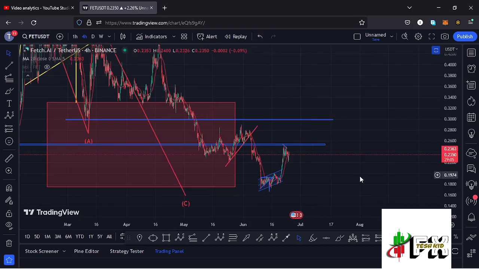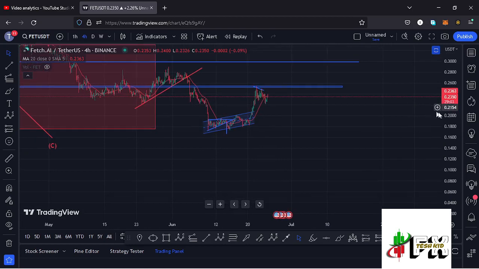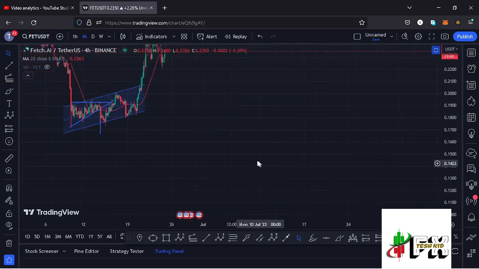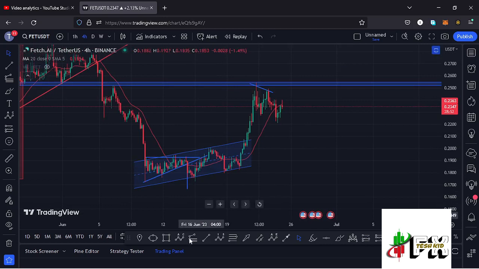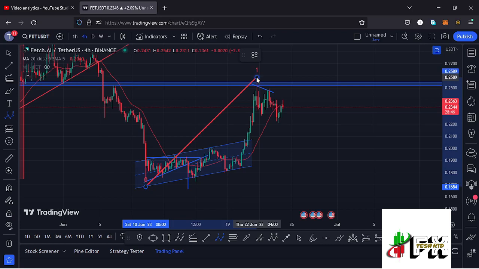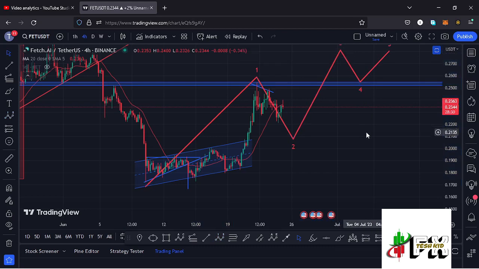So if I zoom in to give you my micro Elliott wave count here on the charts, you can see that after seeing our massive crash on the 10th of June, we have been seeing this nice recovery to the upside in what now we can term as a larger Elliott wave count 1. So we can term this whole scenario over here as a larger Elliott wave count 1. And I believe that soon we are going to see a bit of a breakdown move in the formation of a larger Elliott wave count 2 before we can continue gearing up in the formation of that wave 3, then expect a wave 4 and a wave 5 to the upper side,